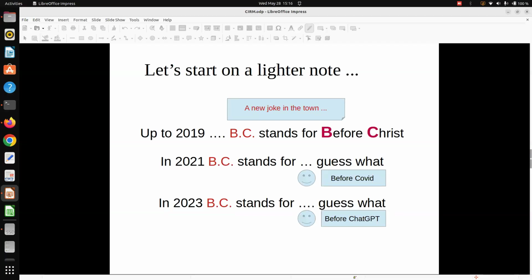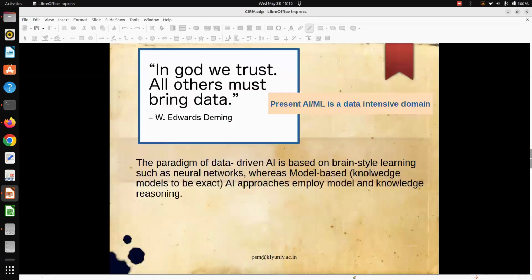Before ChatGPT, our way of thinking about education, research, teaching, learning is not quite the same in the post-ChatGPT era. So that's why in 2023 BC again changed its abbreviated form, that is, before ChatGPT. So it's a complete joke. Don't take it seriously. But let us start with this lighter note.